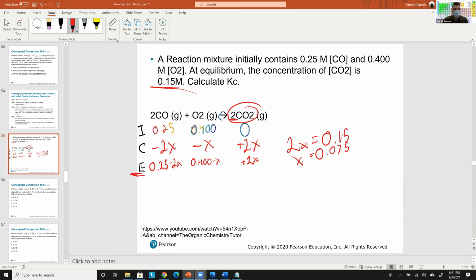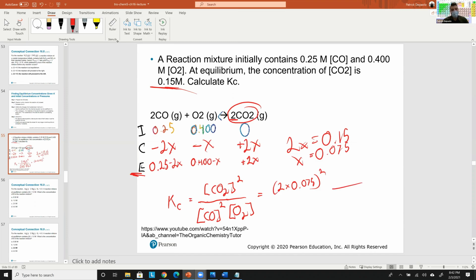Calculate Kc. And oh, we're really good at this. We know how to calculate Kc, right? So Kc, without any numbers in, is the concentration of CO2 at equilibrium squared over the concentration of CO at equilibrium squared times the concentration of O2 at equilibrium, not squared. This will then equal CO2. What's CO2? It's going to be 2 times X, which is going to be 2 times 0.075 squared over